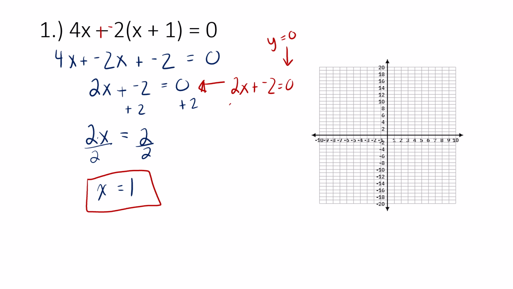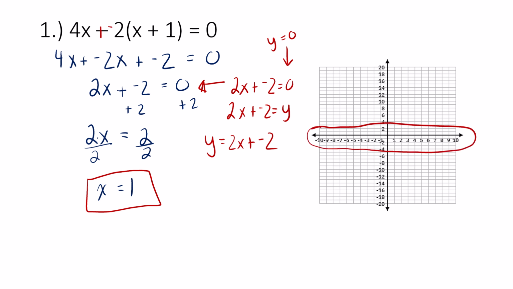So in essence, we've got a y there, and then you might want to write it like this. This is personal preference here. We just typically like to have the y on the left-hand side, but it doesn't really matter. And what we're doing when we say y is equal to 0, we are fixating on the x-axis there, because